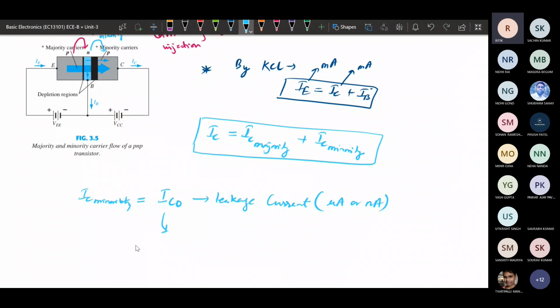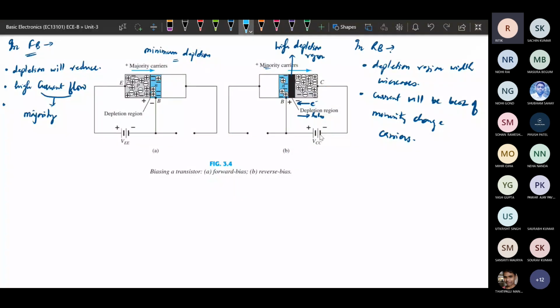Okay, so here in this case the current that flows is because of the majority. In this case the current that flows is because of the minority. The current that flows because of the minority, in the case of a diode, we have seen as IS, the saturation current, or reverse saturation current.